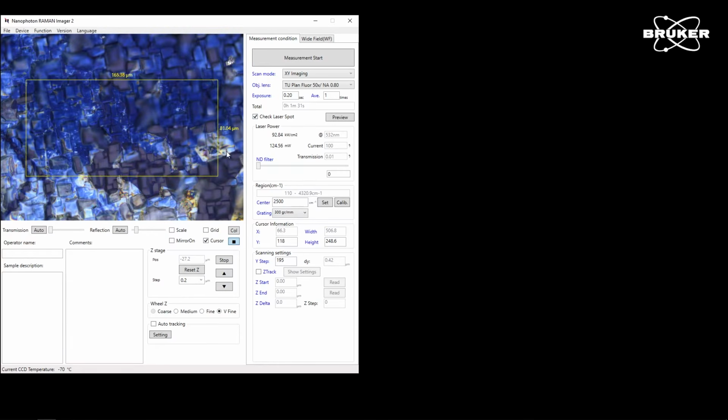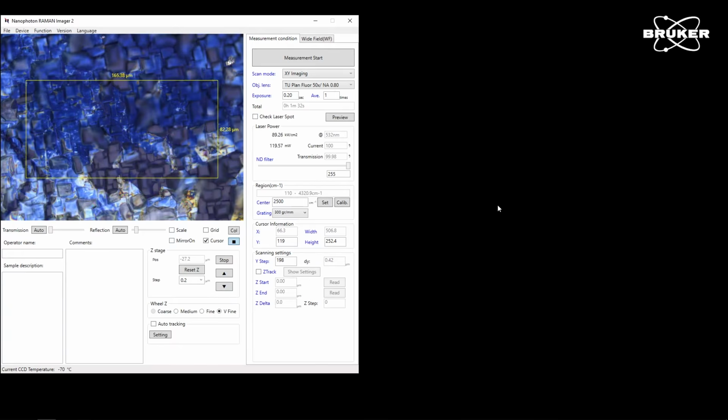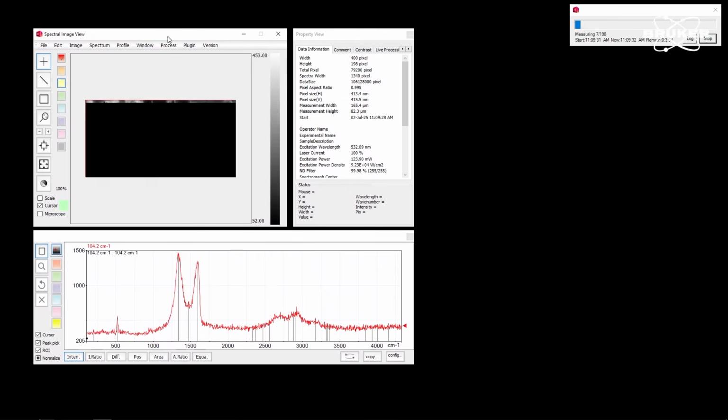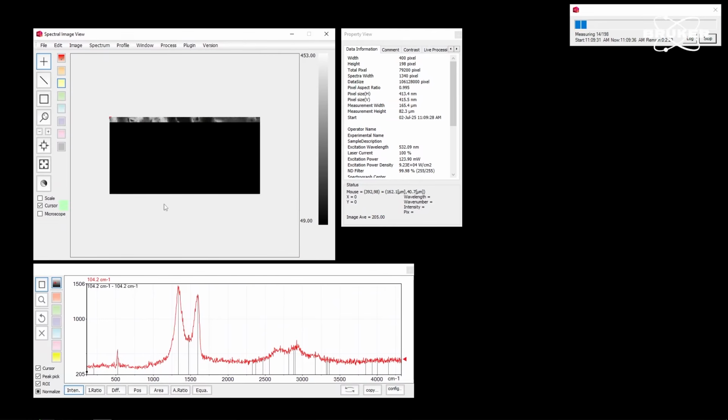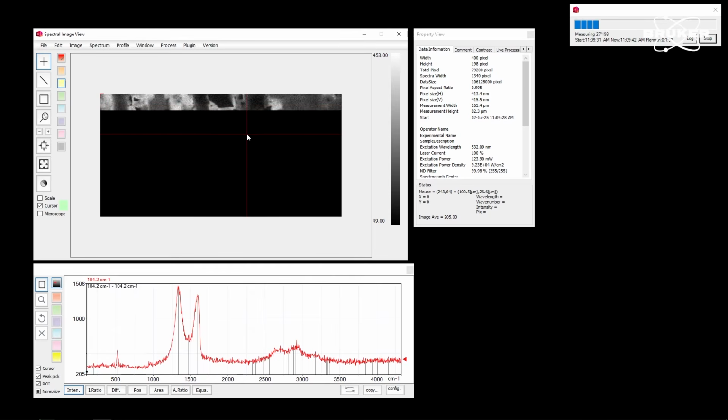With our laser line approach, we can create a Raman image of 160 by 80 micrometers in only 1.5 minutes, making it easily accessible to image larger areas. If we start the measurement now, we will see the result here in this window. You can see that the full laser line information comes in at a time, so we multiplex our data collection by having 400 spectra recorded simultaneously, and with that having a fast imaging technology.